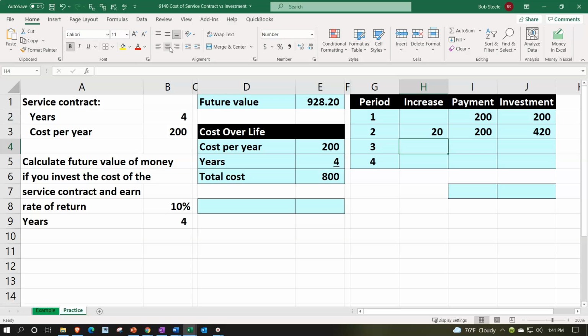I'm going to copy this down and try to think about how to enter this in such a way that we can copy it down with the autofill easily. So this will be equal to the increase, which will be that 420. I don't need to do any absolute references here because that amount is in our cell and I want it to move down as we copy it down. Times, we'll pick up the rate